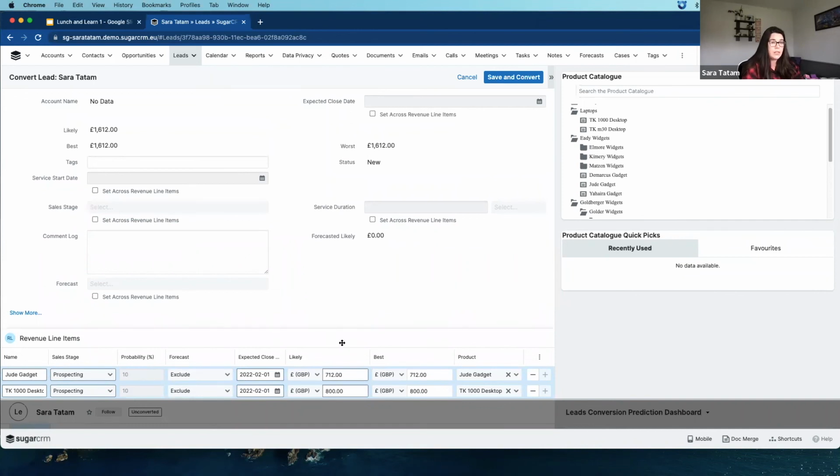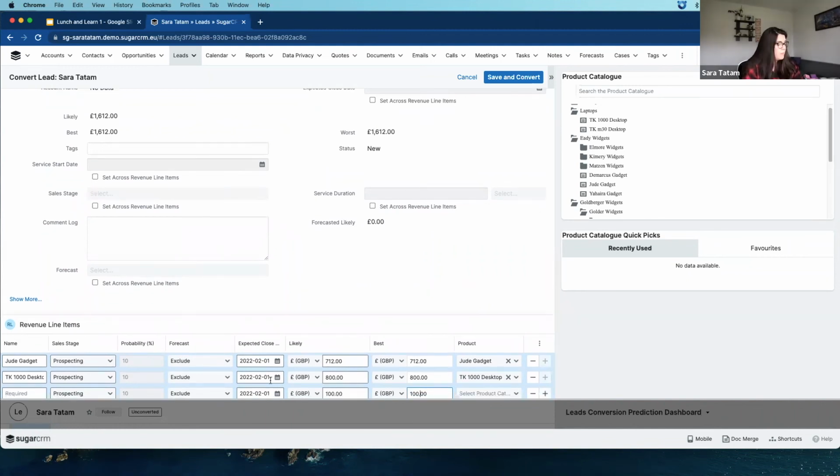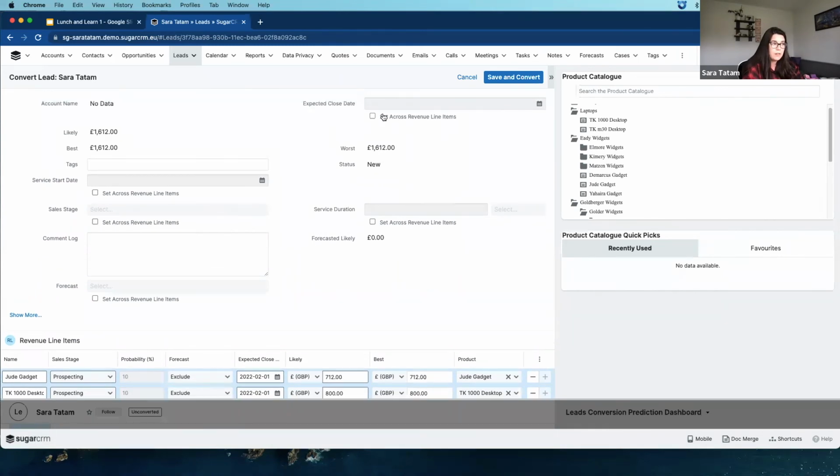revenue line items, which, if you remember, at the moment, we need to go in and update every single date on a revenue line item, which is what I've just done. That's a habit. I'm so used to doing that. And really, I could have just gone here and chosen the 2nd of March, and it goes and updates all of that anyway. So